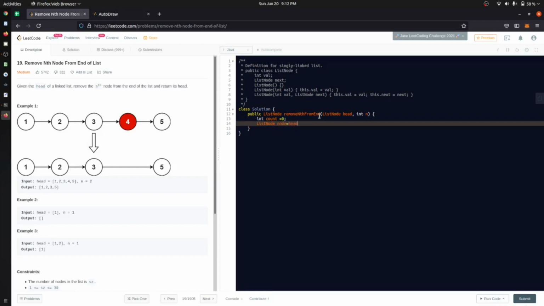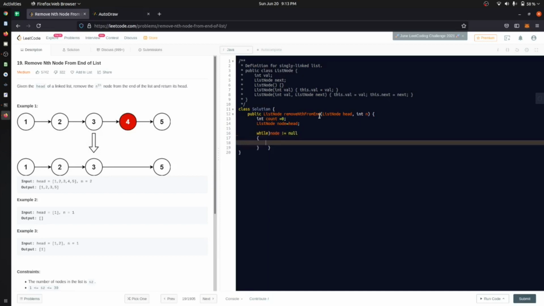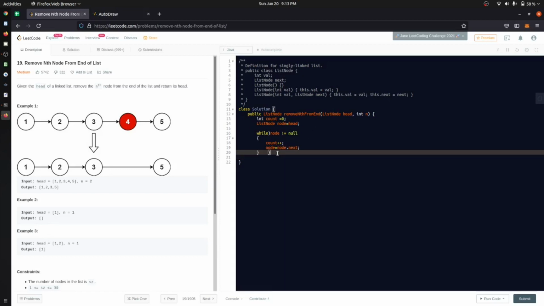We have just said that it is the head pointer, and we can just iterate the whole linked list while node is not equal to null. We can just say count plus plus and then node is equal to node dot next.